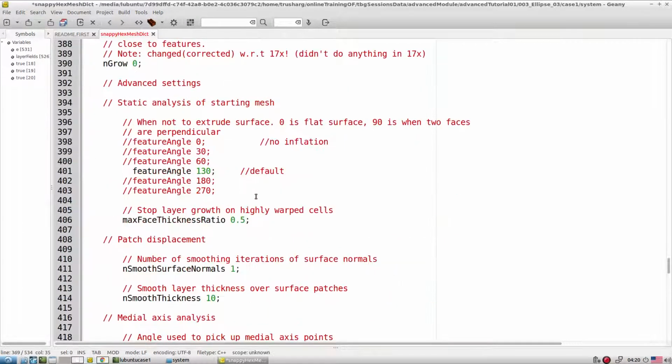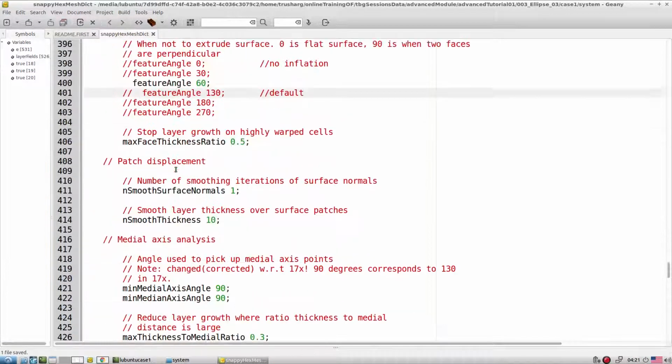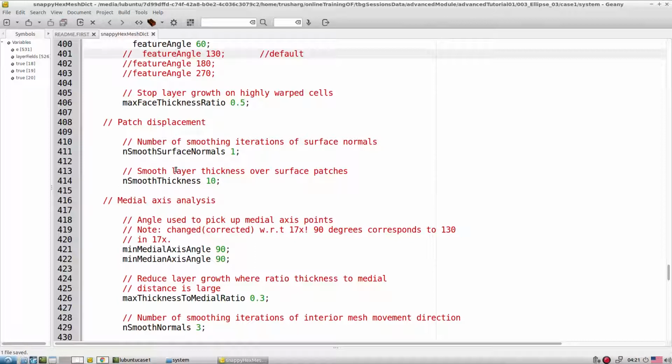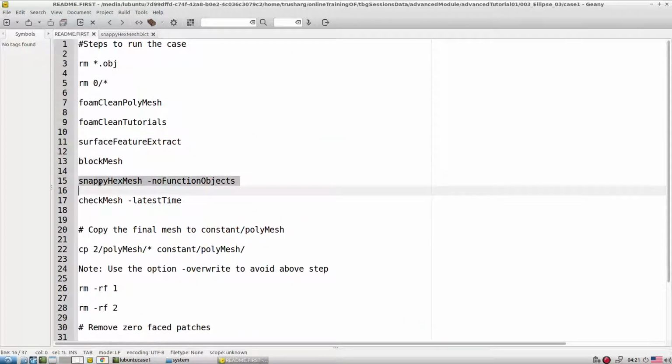Okay, and we can go with a feature angle equal to 130. Later on we can go and change this angle. Let's say start with something like a lesser value, so it gives you the idea of what exactly the meaning of this particular thing is. Okay, feature angle, let it be a lower value. And then let's look at the boundary layer class of mesh with the help of this. So let's construct the mesh.